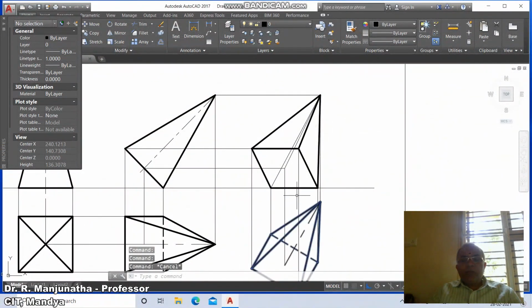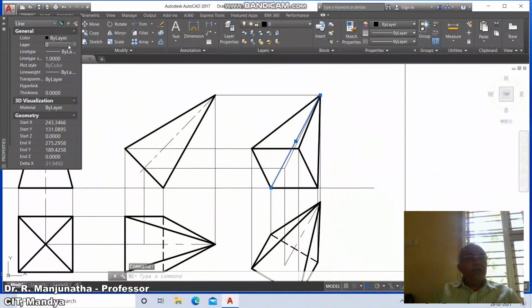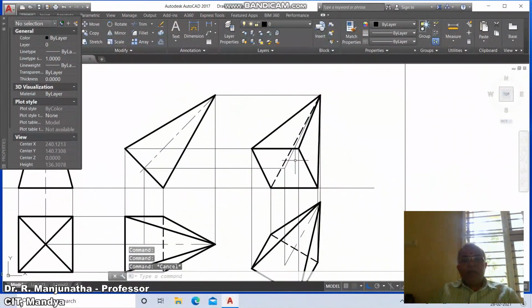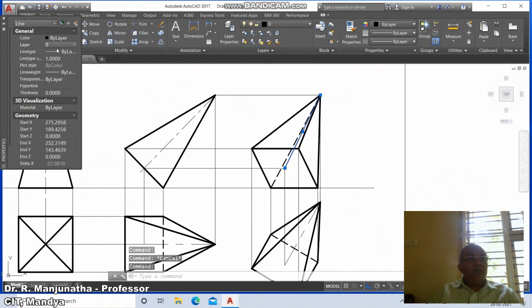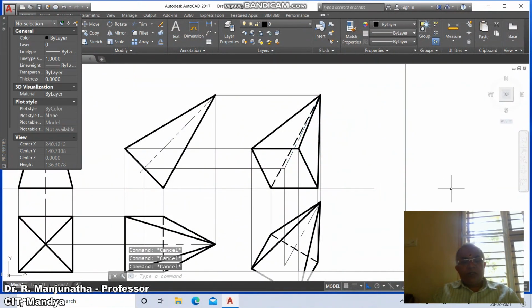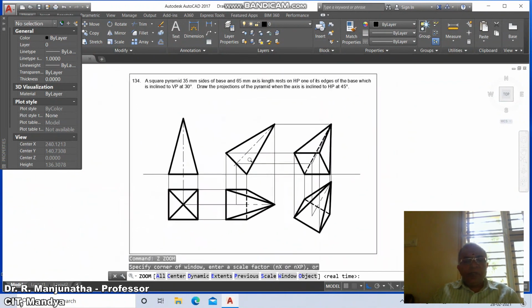Then two visible edges can never cross each other, as we can see that this edge is crossing this visible edge. So obviously, since two visible edges can never cross each other, this edge has to be an invisible edge. Then you just go to this and type 20. So you're going to get the invisible edge. Similarly, you select this line, go to layer, make this the axis layer, and then take this as 10 and say escape. Now once you get this, this is how you will be able to create this drawing.